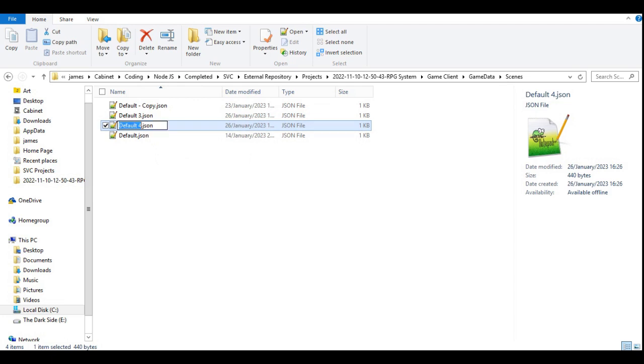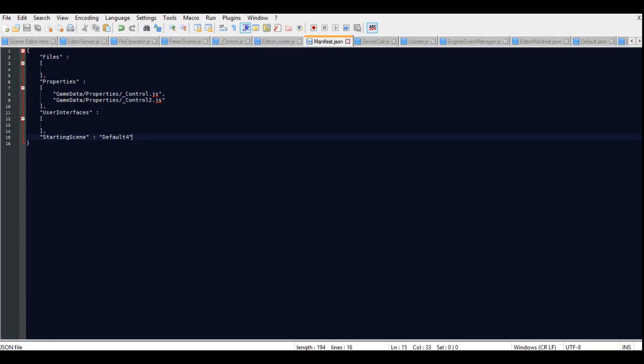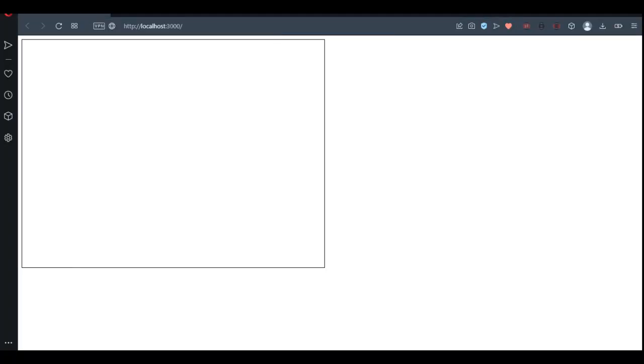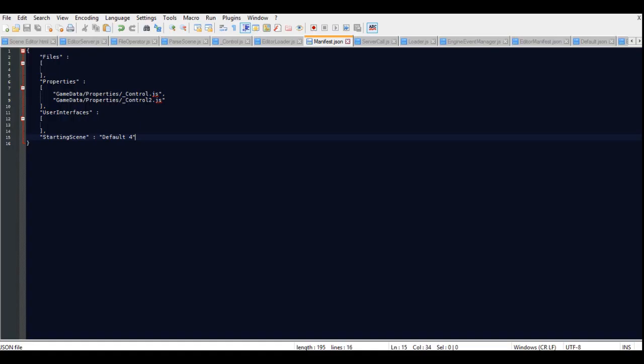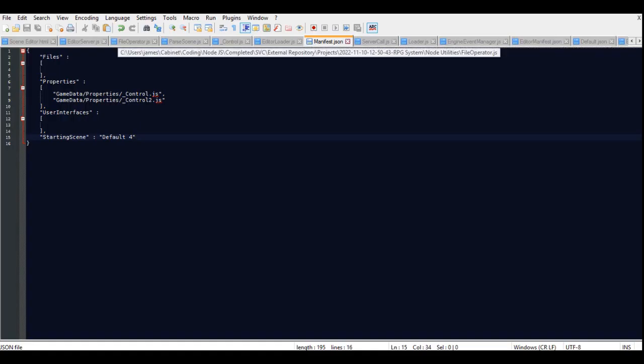Yes, default 4, with a space. So when we try to load this up, it should run from default 4, but because it doesn't load with the editor information, it's not actually going to pull the information into